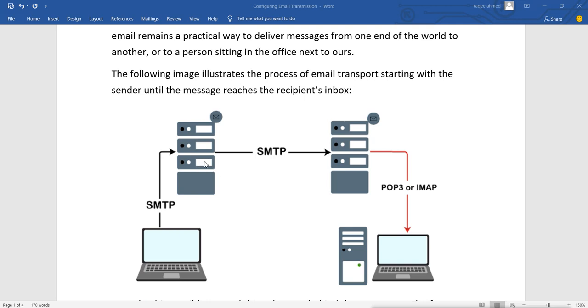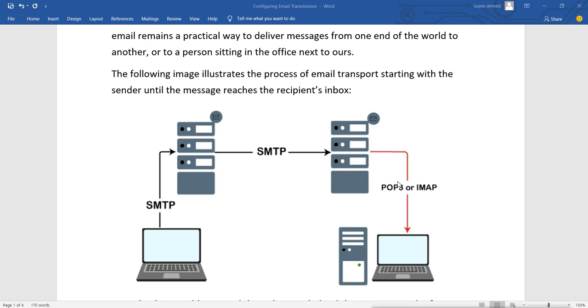Now if you have multiple servers, suppose the user 2 is in a different mail domain with a different mail server. For example, suppose this user is on Gmail and is sending the mail to a Hotmail user.